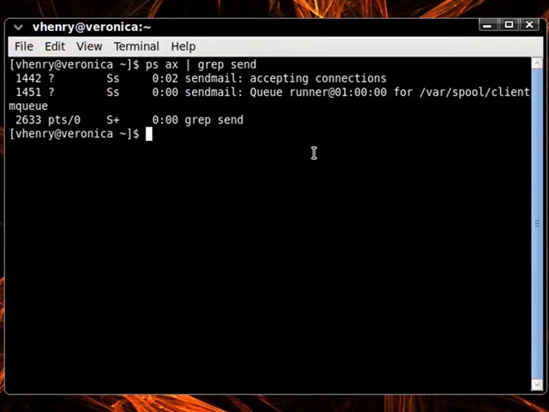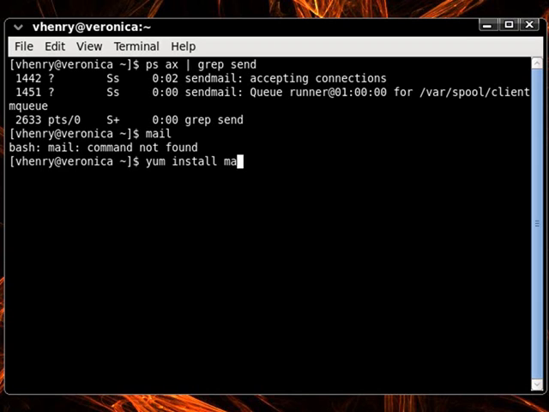A required program that may not be installed by default on your system is called mailx. To determine if we have it installed, you can use a command line option, or you can look at the installed software again. Let's type in mail here and hit enter. The error that we get, bash: mail: command not found, tells us that mail is not installed. So let's go ahead and install it. I am partial to using yum, but again you can use either of the other options that we've covered. So I'm going to type in yum install mailx